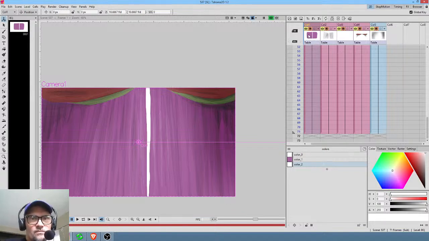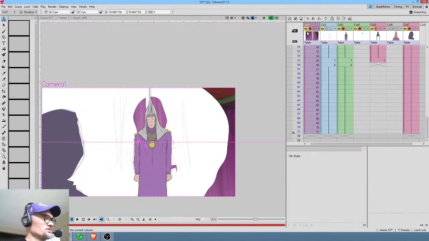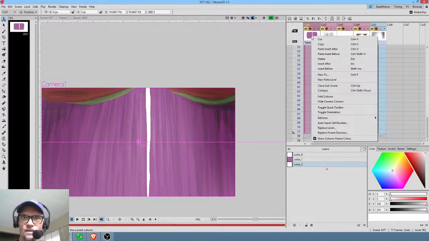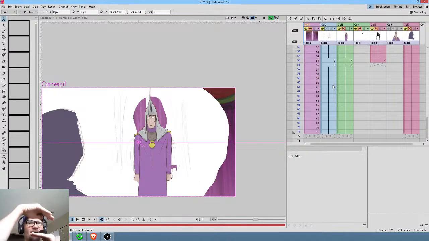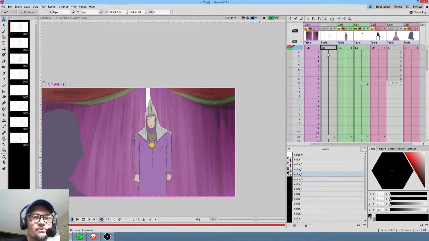And I think Tahoma's a little bit frozen because it's saving. Yeah, if I right mouse click, nothing happens. So, okay. Just for the record, for those who are wondering, you would close the sub scene, which for me, I think of it as coming up out of it. So I use Control Up as my hotkey for that. Okay, so now having done all that, we can pretty much turn the background, or the initial sketch, off